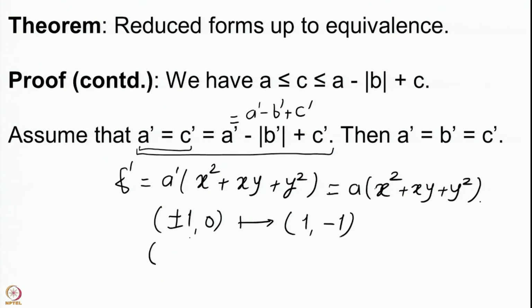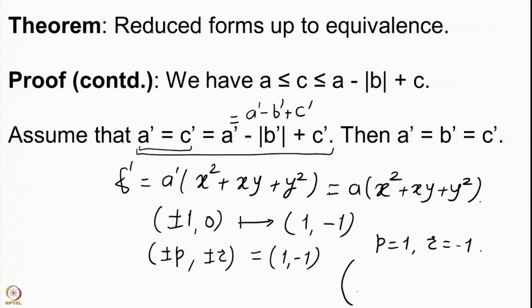So, we apply Px plus Qi to this pair plus minus 1 comma 0 to get plus minus 1 P plus Q times 0, plus minus 1 times R plus S times 0, equal to 1 or minus 1. We consider the case P equal to 1, R equal to minus 1, and we leave the other case as an exercise.